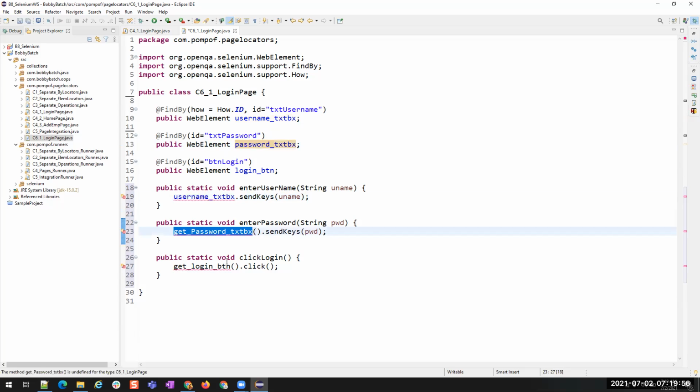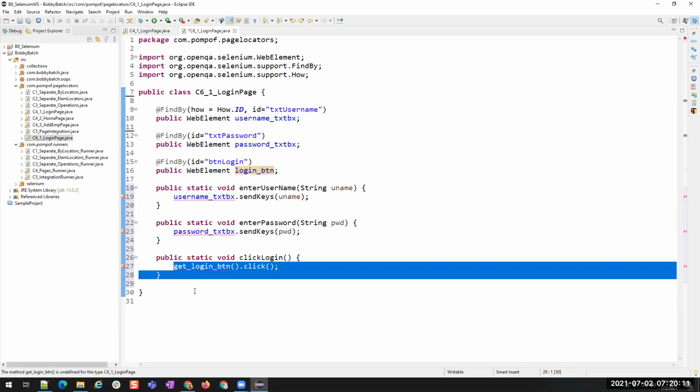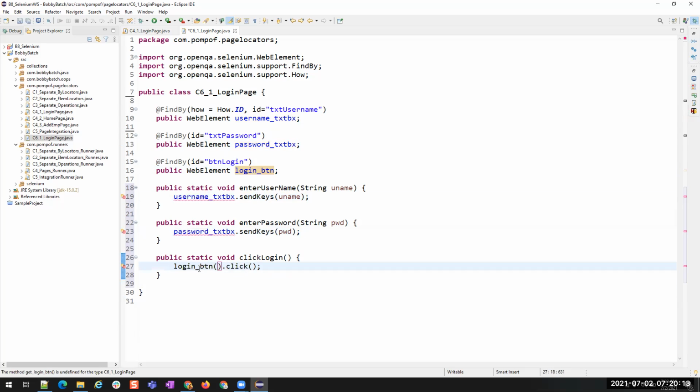And then password dot, sorry, password.textbox. And then this will be my login button. Login button dot here. Since these are static, it is showing me those errors. So I'm just removing the static.